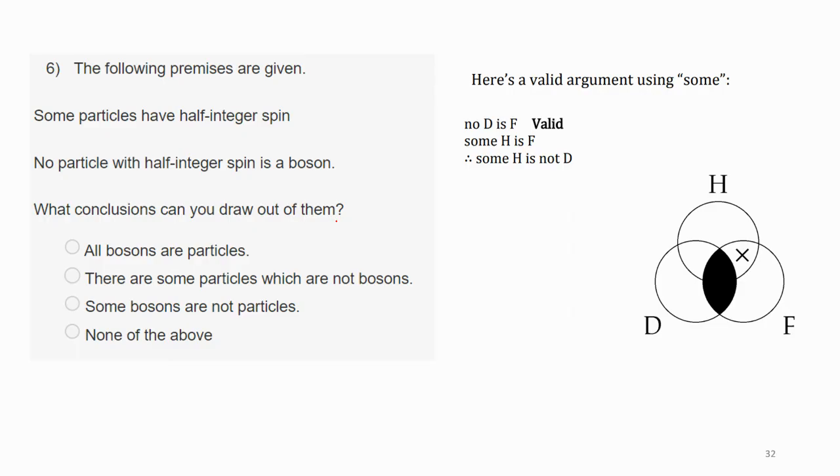Now, as we're discussing here, some particles have half integer spin, so H and F. So that will be crossed, and no particle with half integer spin is a boson. So what conclusion can we draw from here? One will be crossed out, and in the other case that will be shaded out. So then the conclusion will be,